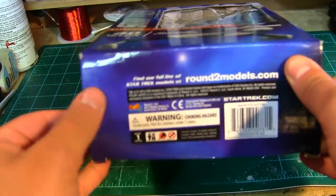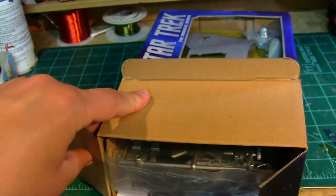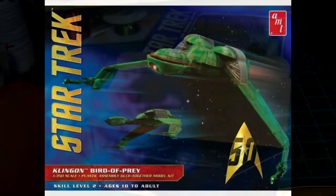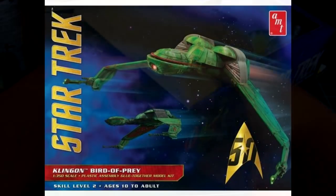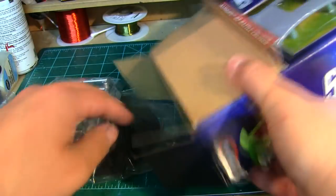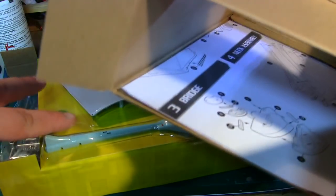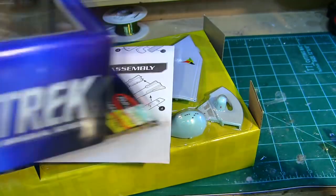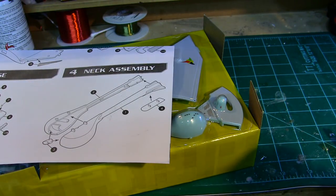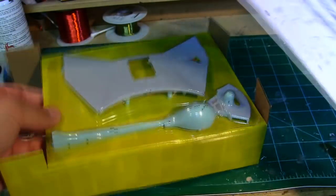They had this guy, the Bird of Prey, the old 350 Bird of Prey kit, and I know they had at one point the TOS pre-painted Enterprises on sale at Hobby Lobby because I'd seen them at multiple ones, but when I went there I didn't see any of the TOS Enterprises. But you might look around and see what's going on. So it looks like we've got